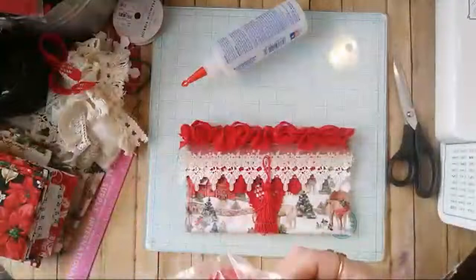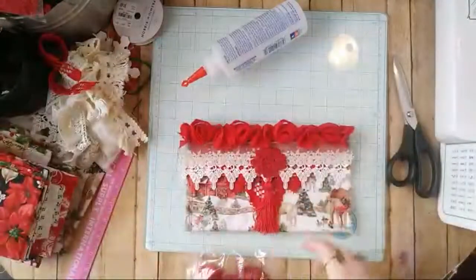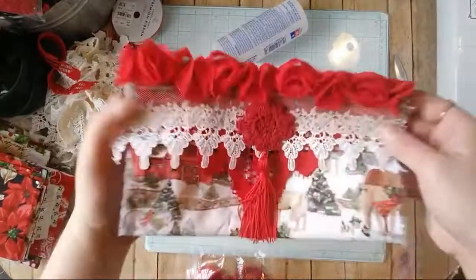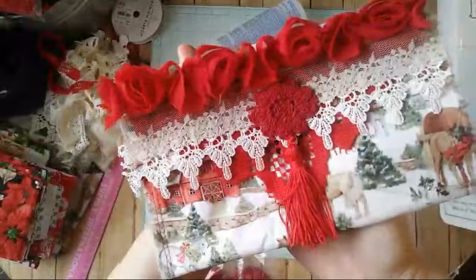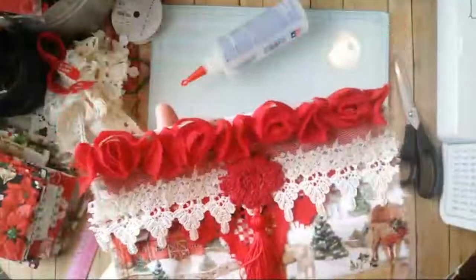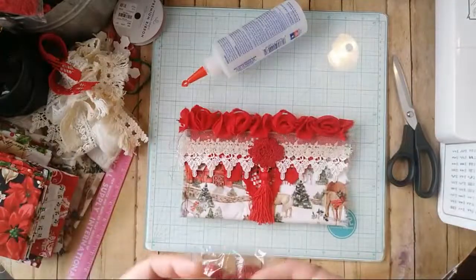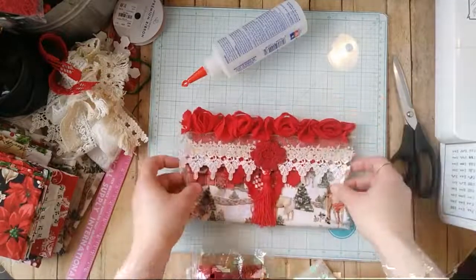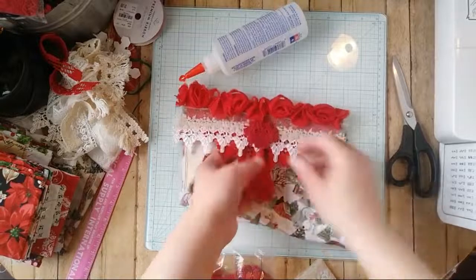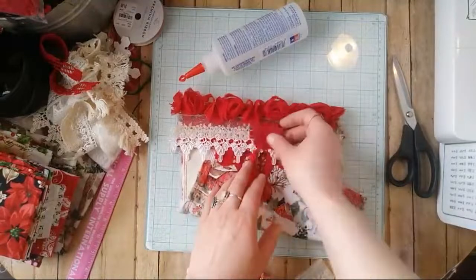I think I can add a large button there, or I just don't think that, well, how does that look with this flower here? What do you think? I mean, it's cute, but does it go? Does it match? You like the flower? Okay. I'll use the tassel further up so it doesn't hang off the bottom, and then I can